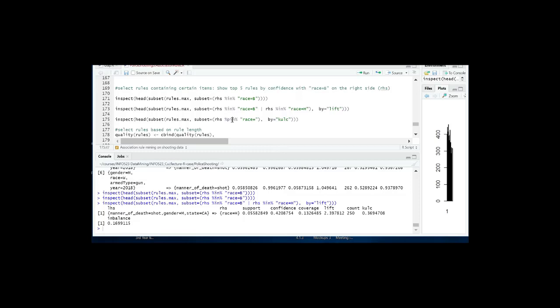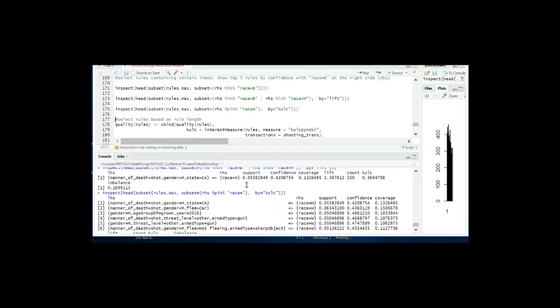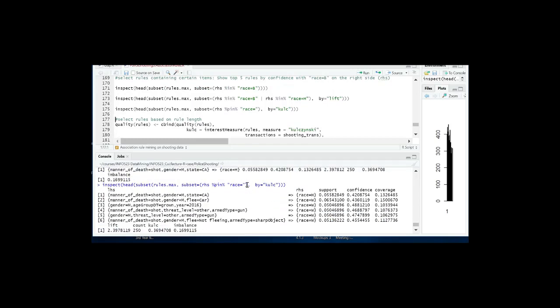We can actually say anything that contains race, no matter which value of the race was involved in the right hand side. We do that. Then we have a few more rules. We can see most of the rules predict a race to be white, because as we know, most of the cases involve victims which have race white.